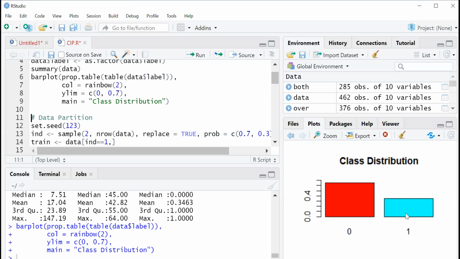What will you do if you have class imbalance? If you encounter it, obviously we need to treat this data.